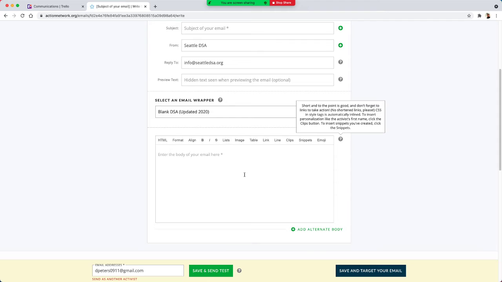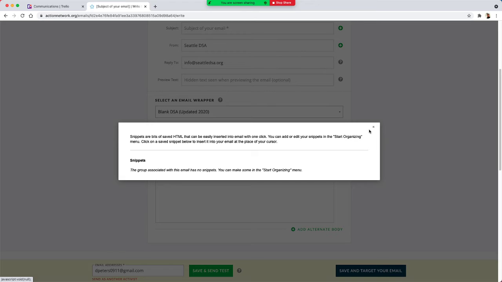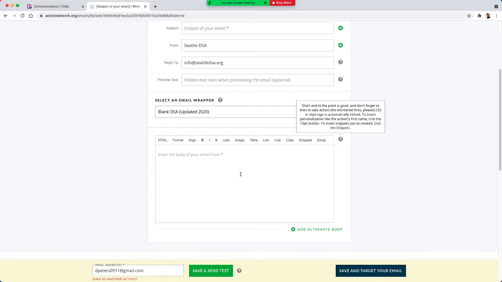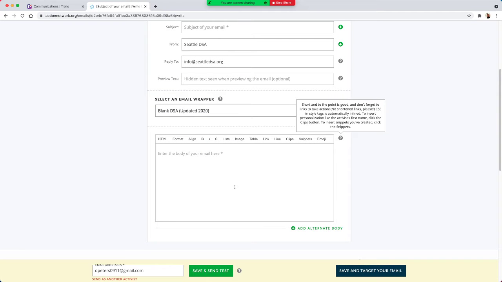You can also do alternate bodies. You can also add snippets of code that include information like, here is a member's first name, if you wanted to personalize the email or the ask. You can link to files, pretty self-explanatory, add emojis, all sorts of stuff. All right. So once you have your email drafted, like let's say,